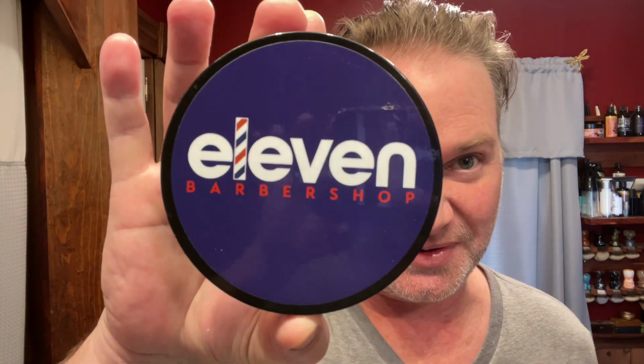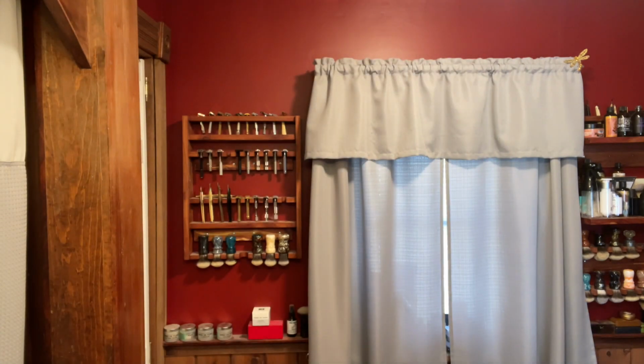So we're going to be doing 11 Barbershop today, which I love. My favorite Barbershop by far, and I'm not a big Barbershop fan, but I am a big fan of this one. Got the matching splash. Scent of the day will be Dior Eau Sauvage EDT, which is a wonderful little barbershop-y